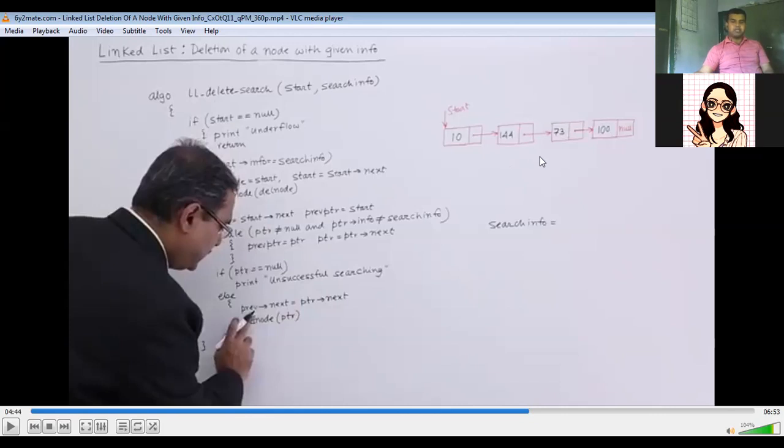So basically it is very simple: whatever you have as the previous PTR needs to be connected to the other node, using the pointer address, and you need to break it off. Once you break it, this node automatically becomes out of the list. So that is what is performed.